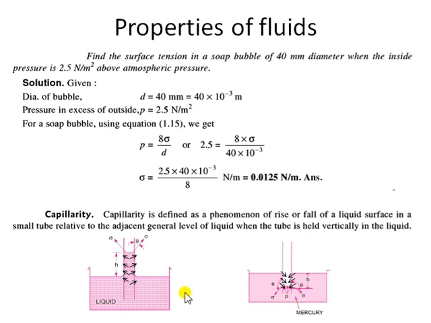You can also see that whenever there is a capillarity rise or fall, it can form a curved surface at the free surface. It is not mandatory, but it can form. This is a free surface. The free surface is always the interface between the gas, or air, and the liquid. So this free surface could be curved also. Suppose you extend this curve here in this way, it will make a theta angle with the glass surface.